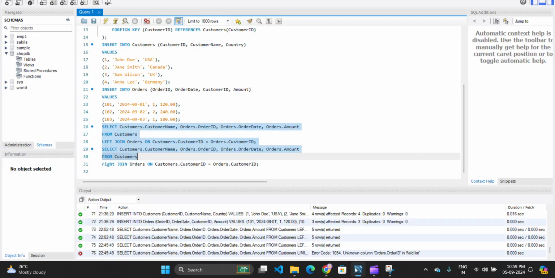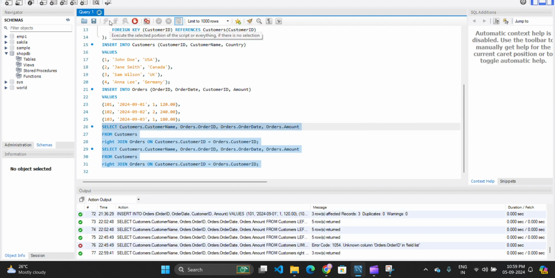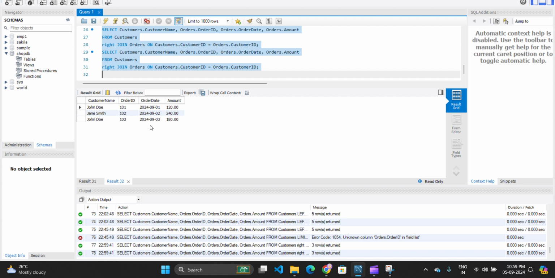And now we are going to see how to execute the query, and this is our query. Here we only have to write right, and just run the query. As you can see here, this is our